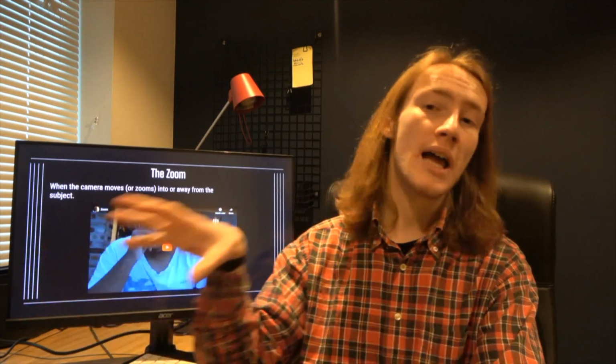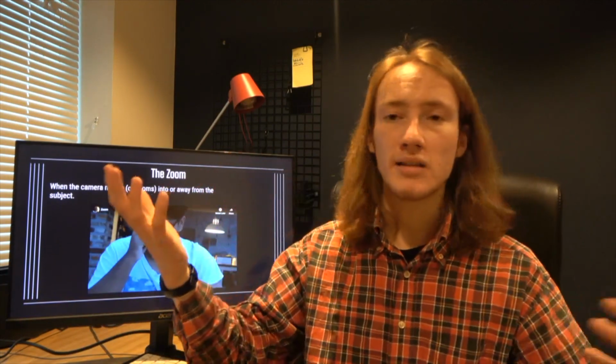A zoom is when the camera is static, the camera is still, but it zooms in using the zoom feature on the camera. A push in or a push out is when the camera physically pushes in or pushes out of a subject. Now, this can be used to reveal new information, such as it can start on a close-up and zooms out to a wide shot, and it can be basically just used to change between close-up and wide